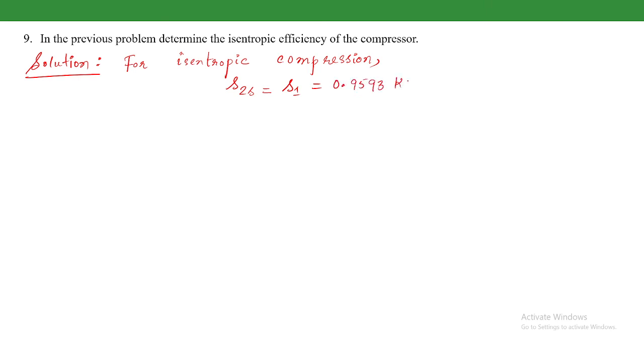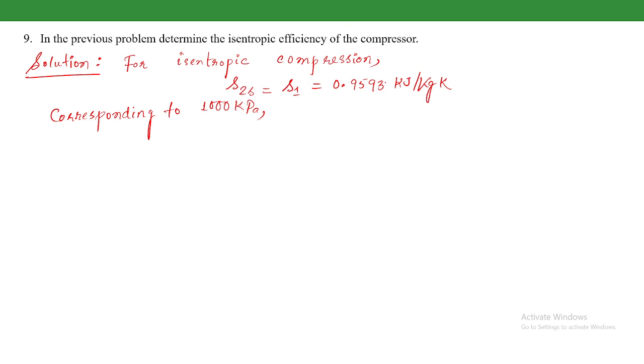Now all of these 2s points are at the pressure of the condenser, that is 1000 kilopascal. So corresponding to 1000 kPa,